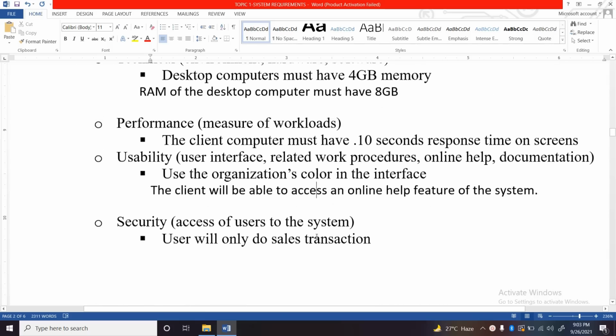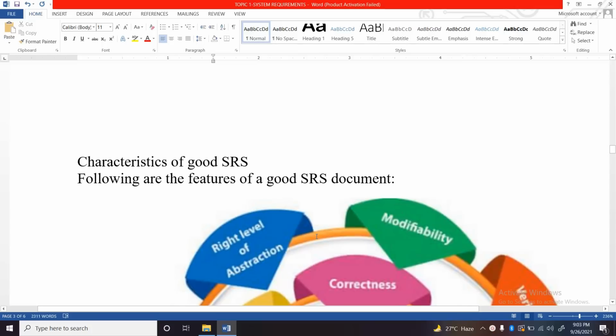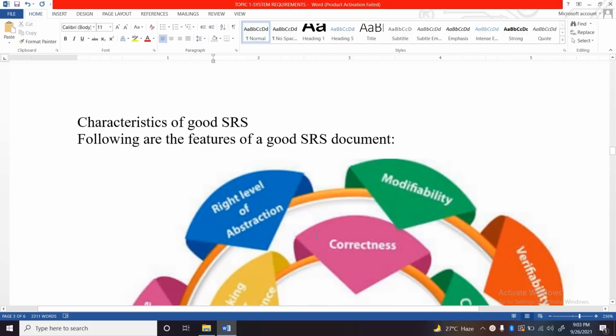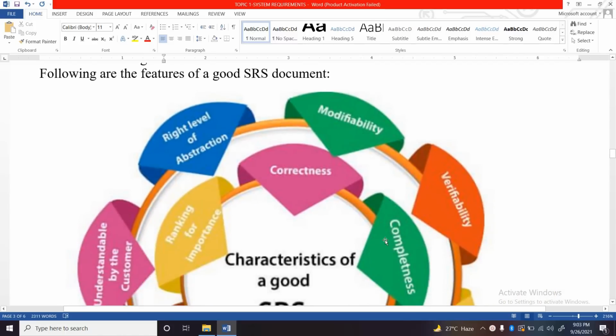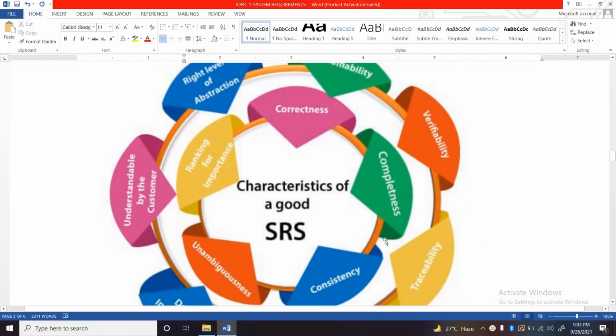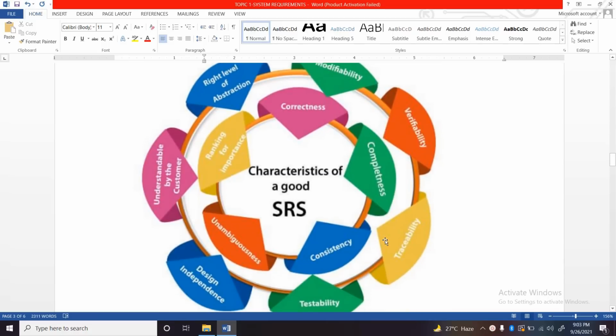Okay, so now let's proceed with the different characteristics of a good SRS. Following are the features of a good SRS document. Nasa SRS document na po tayo. Meron tayong illustration dito kung saan nakapaloob or nasa paligid niya yung mga different characteristics of a good SRS